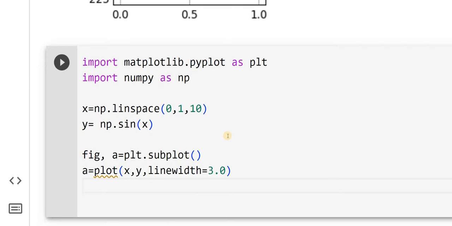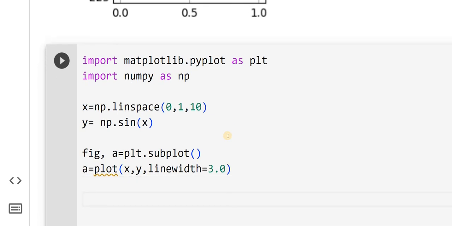Then I will define, okay. So the problem was that though I had given a linear space between them, it was not appearing on the x-axis as you can see here. Now what I'll do is, I will set now a.set. I want to set the x limit as well as the y limits, which is equal to, say, 0, comma 9. That means it will run from 0 to 9, comma